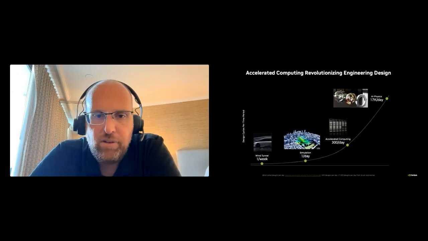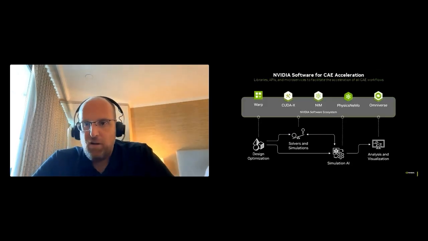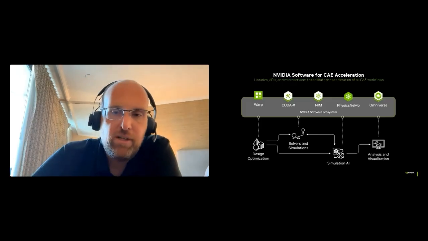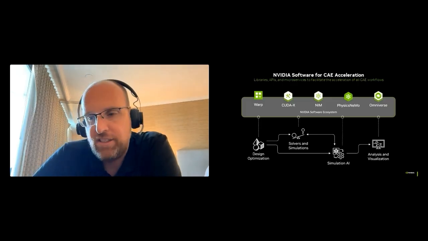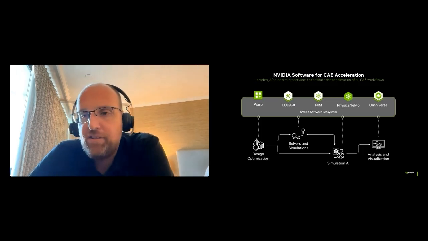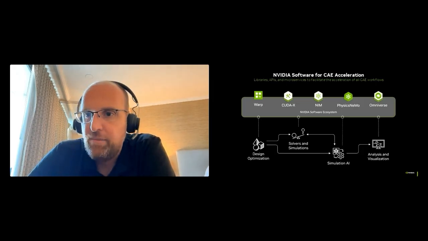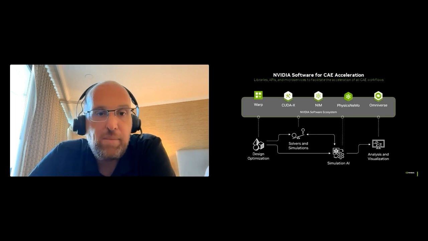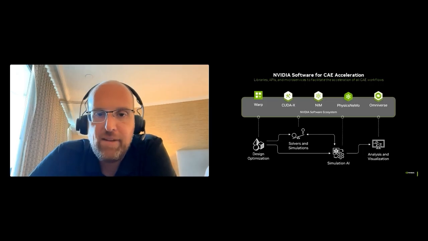Okay, I'll move on to the next slide here. So how does NVIDIA do this? What do we do that hopefully makes these things possible? Well, obviously, we provide a whole range of underlying technologies. I won't go through all of these, but things like CUDA, obviously the programming language to actually make things work on a GPU, is, as you can imagine, fairly key for both what I'd call traditional AI, plus accelerating your traditional CAE solvers like CFD and FEA.